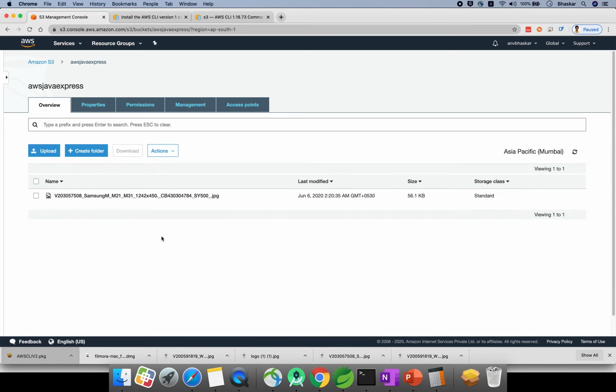See, by using the CLI, the programmatic way, you can still perform this by using the secret key, access ID and secret password. Once you know how to copy from one bucket to another bucket, in the next section I will explain how to host a static website in an S3 bucket. In GitHub we have one static web application, so by using that file we can copy it and host a website. How to host it in an S3 bucket, we will see in the next section. Thank you guys.